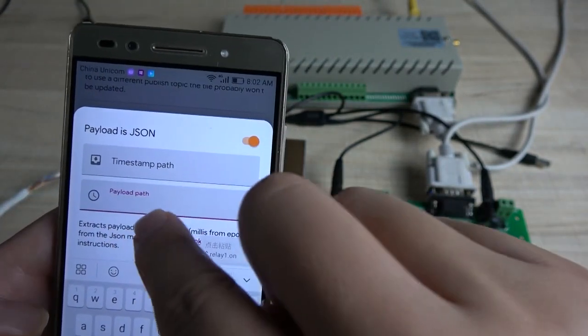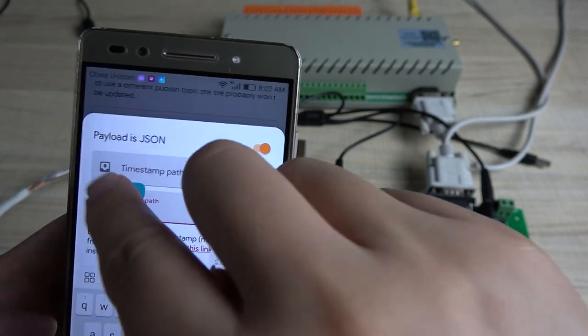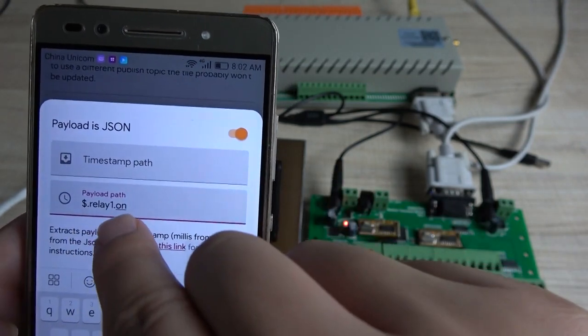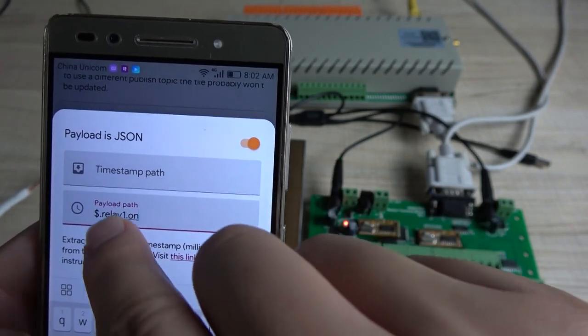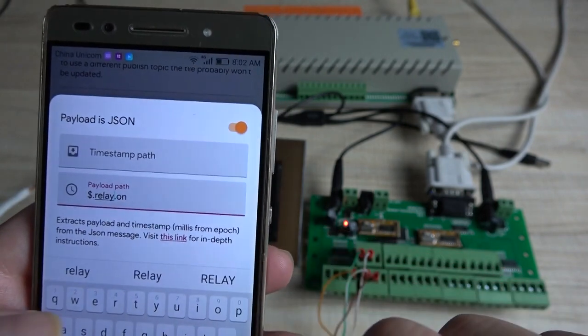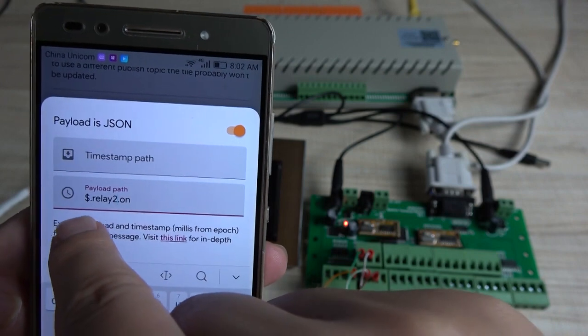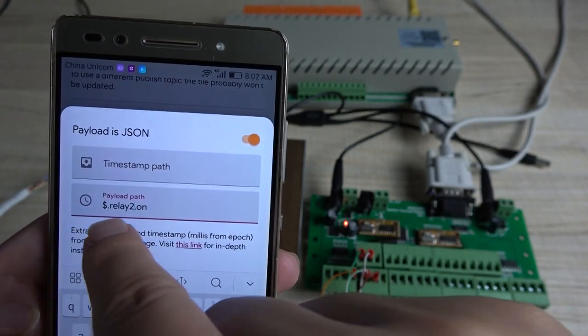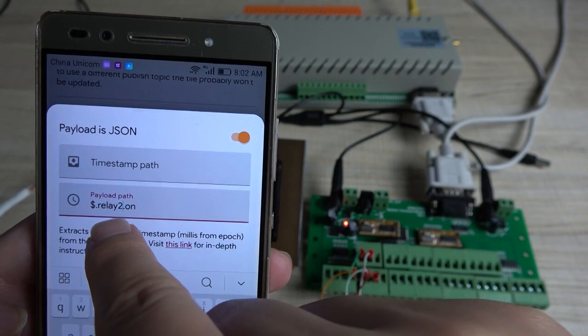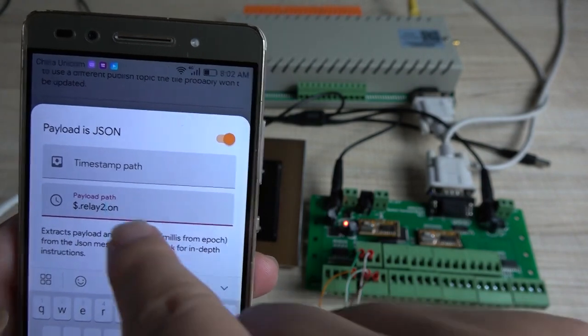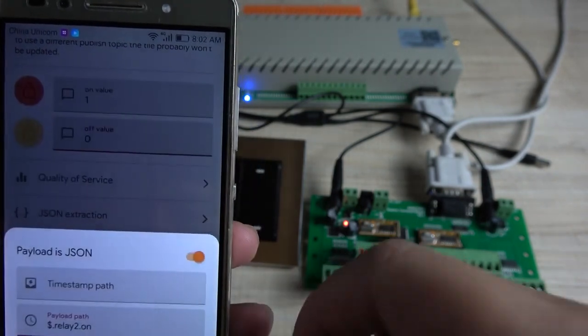JSON path paste. $.relay1.on. I change to relay 2. Every time use at the first the dollar and dot and the relay and the channel and the dot on. So we can press down,